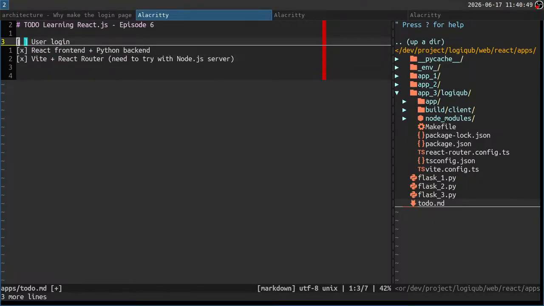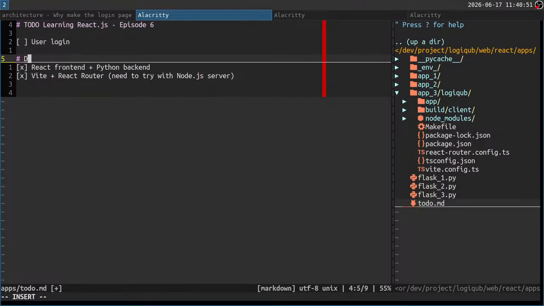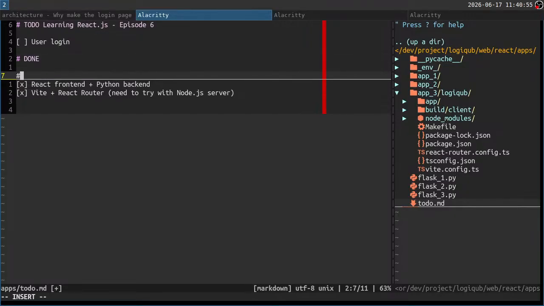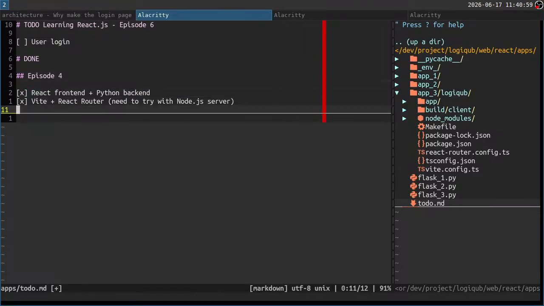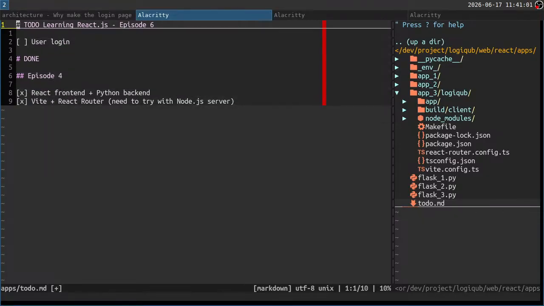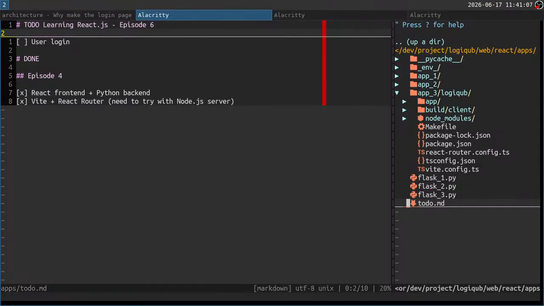I will just put this. It doesn't matter, but let's try to be a little bit consistent with what we were doing before. So now